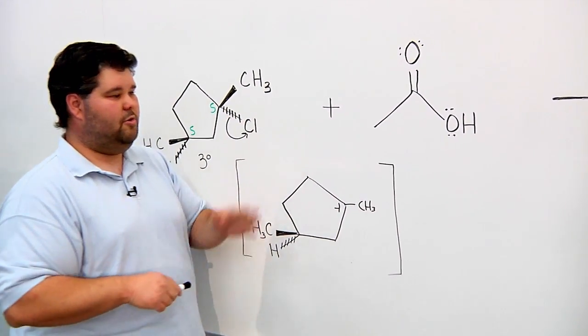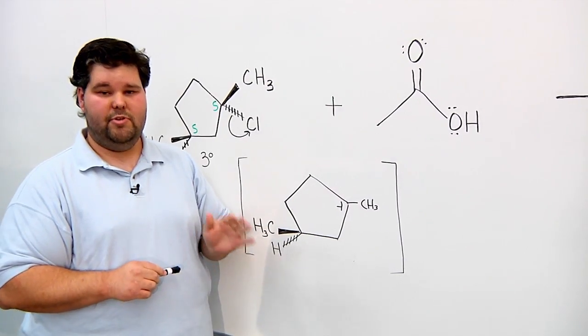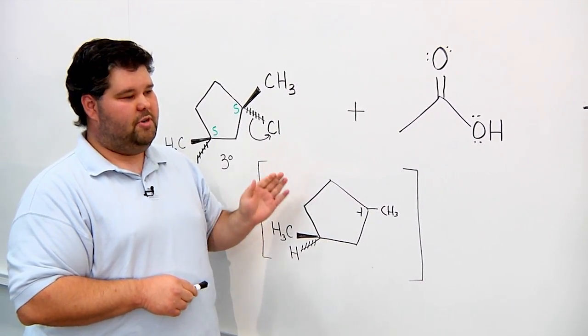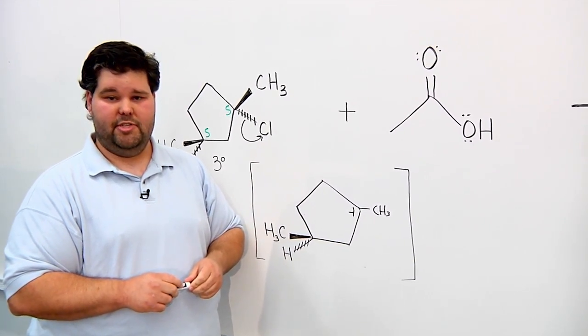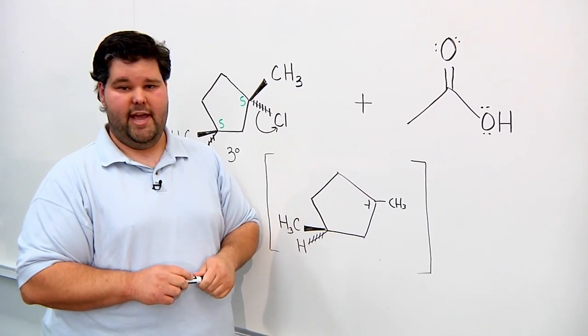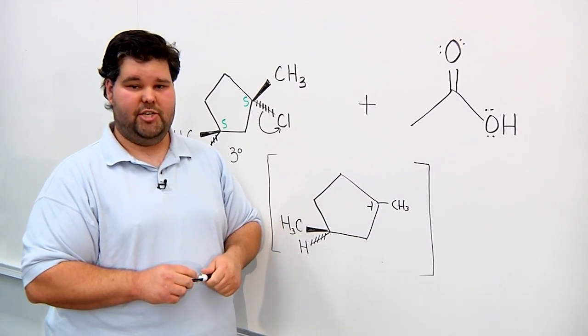Because this is a weak nucleophile, there are 2 competing reactions that take place, and that is the SN1 and E1. We're going to work this example through as SN1 first, and then go through as E1, and then discuss the differences between the 2 reactions and how to control which reaction happens.